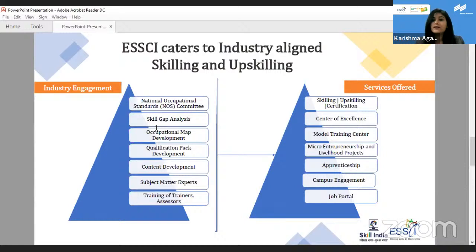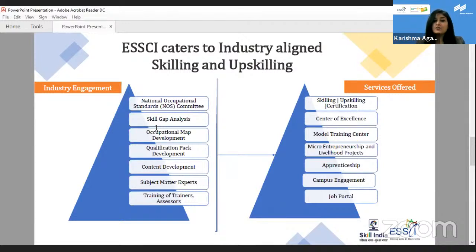Industry shares their inputs on what kind of requirements there are in the current scenario and what is yet to come in the future. We have 9 subsectors, and for each subsector we have a committee, which we call the National Occupational Standard Committee, where we do the skill gap analysis to identify the job roles, and then we map them with the occupational